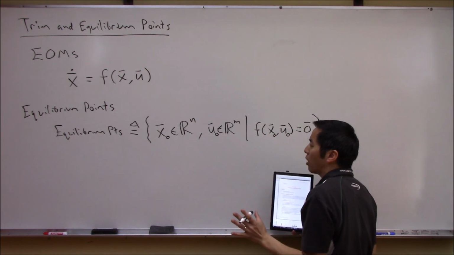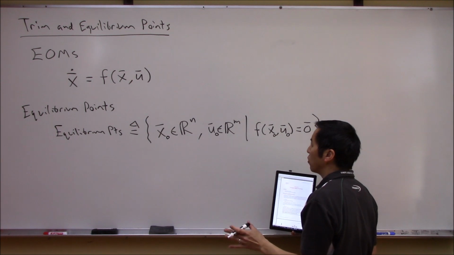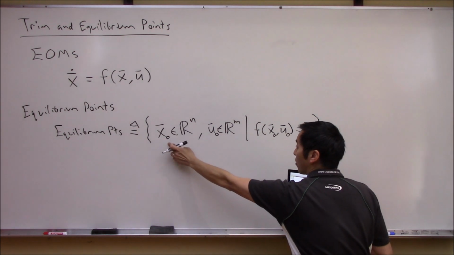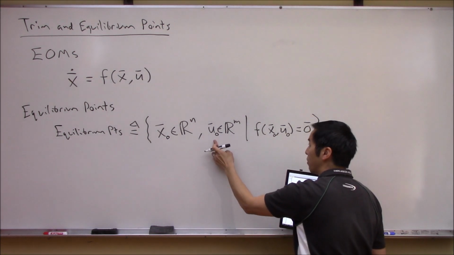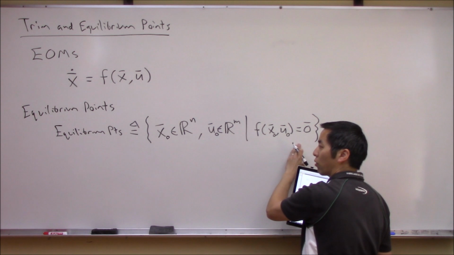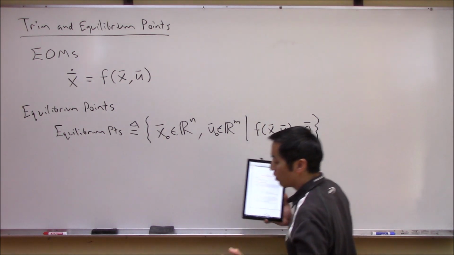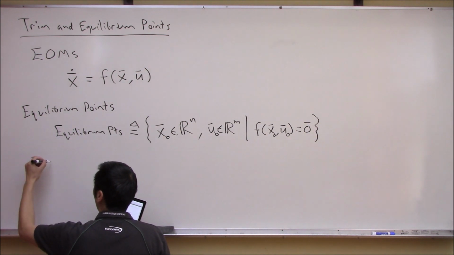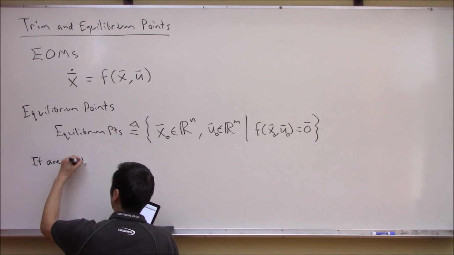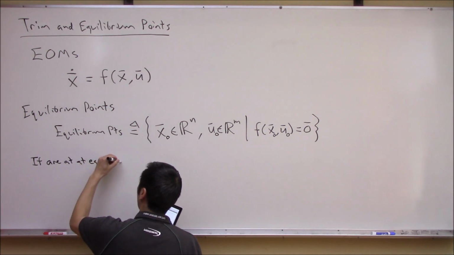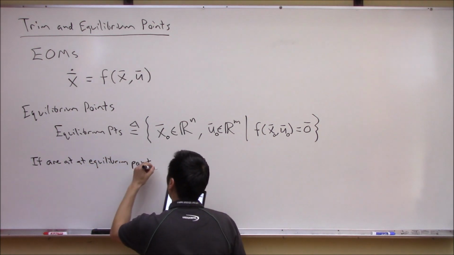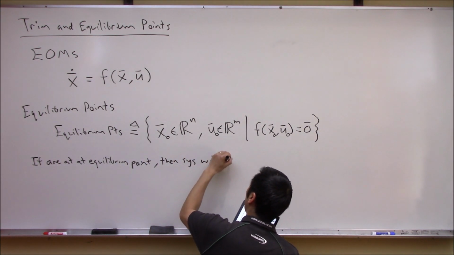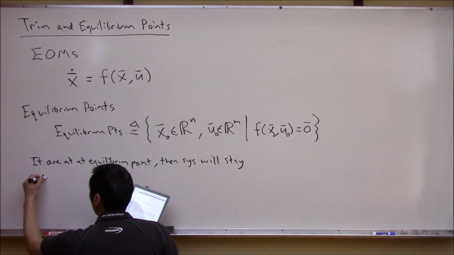They have the magical property that if you can find these values, and place the system at this state and with this control input, it's not going to go anywhere at all, right? So again, the idea with an equilibrium point is, let's write this down, right? If you are at an equilibrium point, right, then the system will stay at this point,